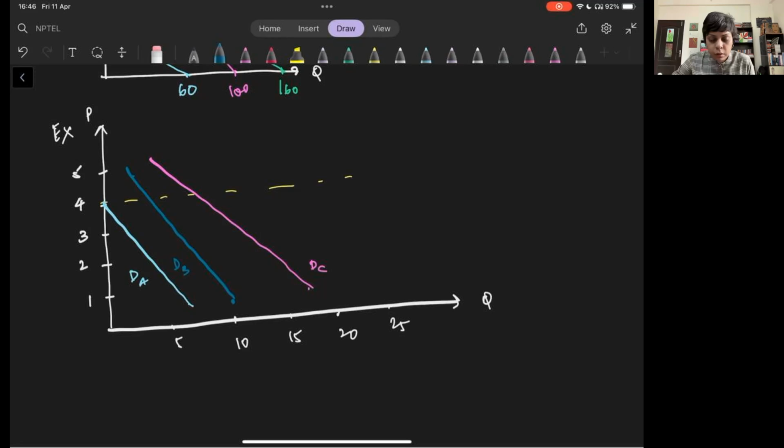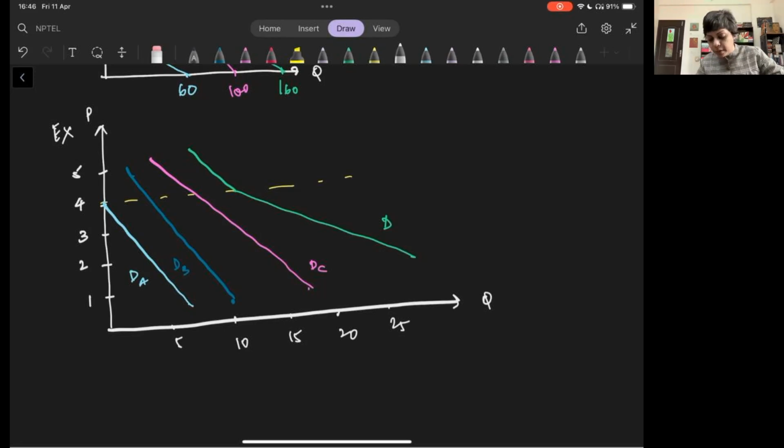Okay, so now we'll draw the market demand function. In this case, the market demand function is going to be something like this, then like this. This is a very rough diagram, but it kind of illustrates the point which we are discussing. So, does this diagram make sense to you? What are we trying to do?